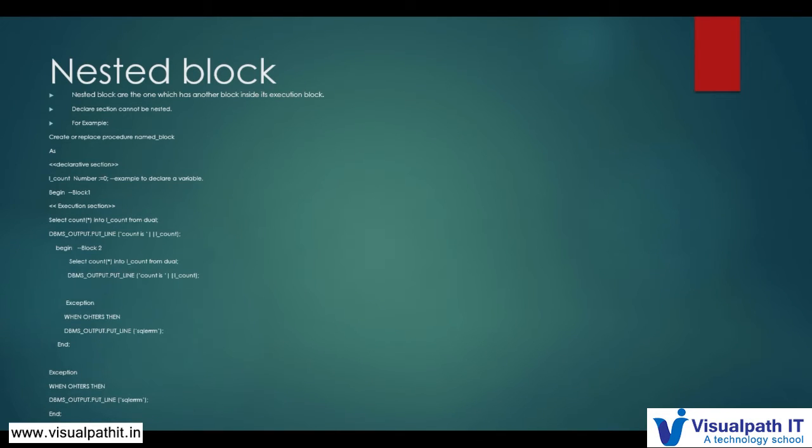So we have understood what a PL/SQL structure is, what a block is, and their different types: declarative section, execution section, exception section, and what a named block and a nested block are.